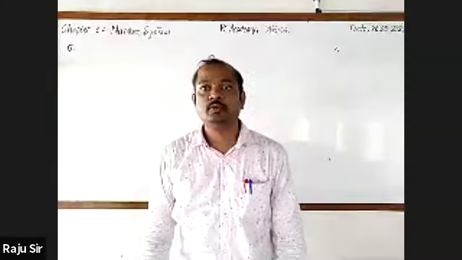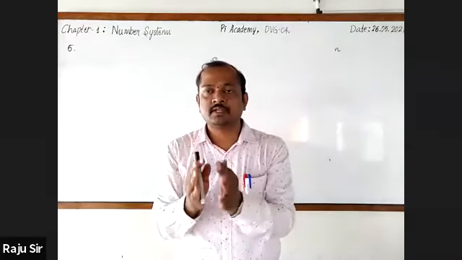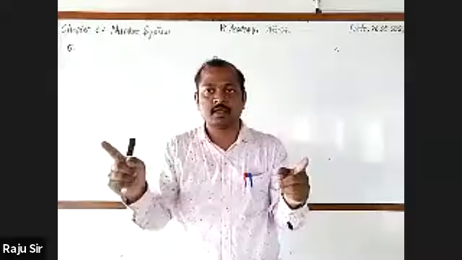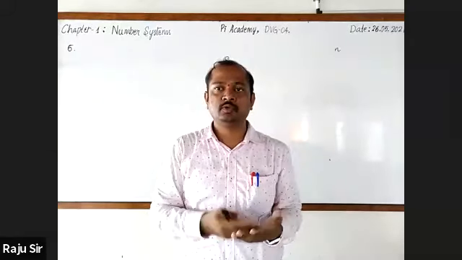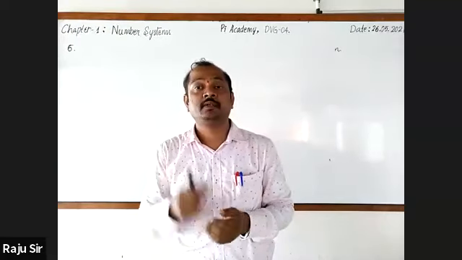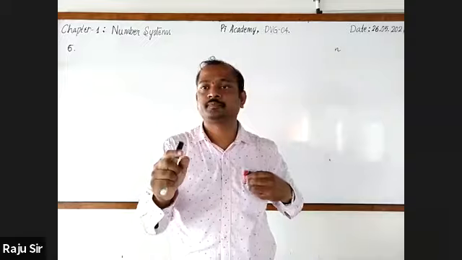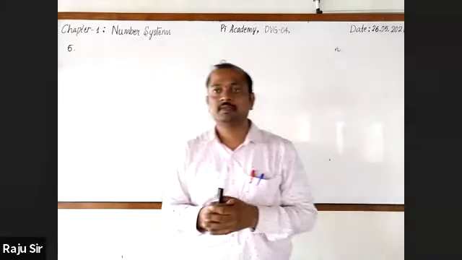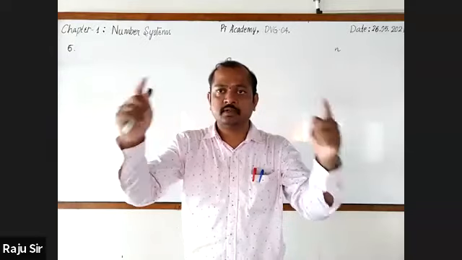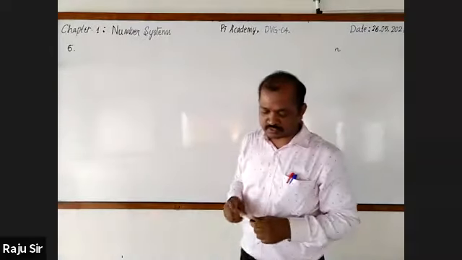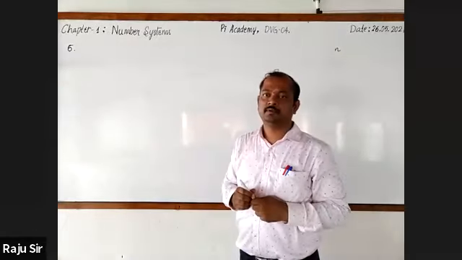In these examples, you might have noticed that whatever rational numbers we have found between 2 rationals, those 2 rationals are also integers, right? Because we have taken 10, then 2, then 7, and so on. But now I'm going to give you an example such that you are going to find a rational number between 2 rational numbers which are in P by Q form.